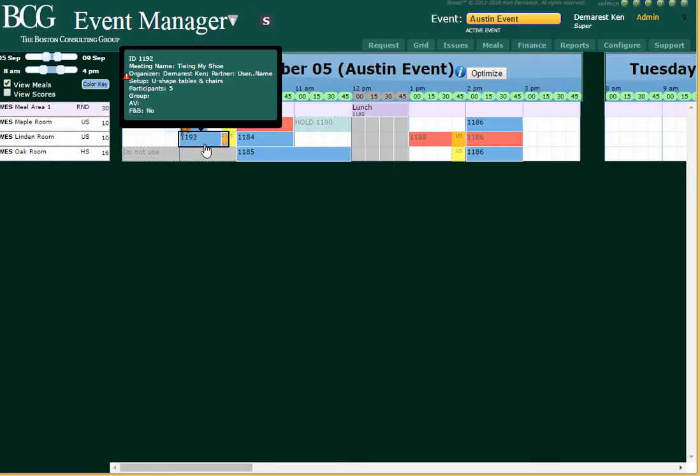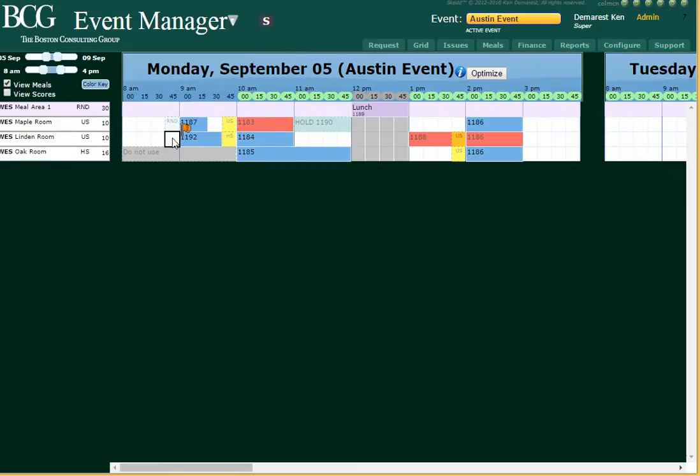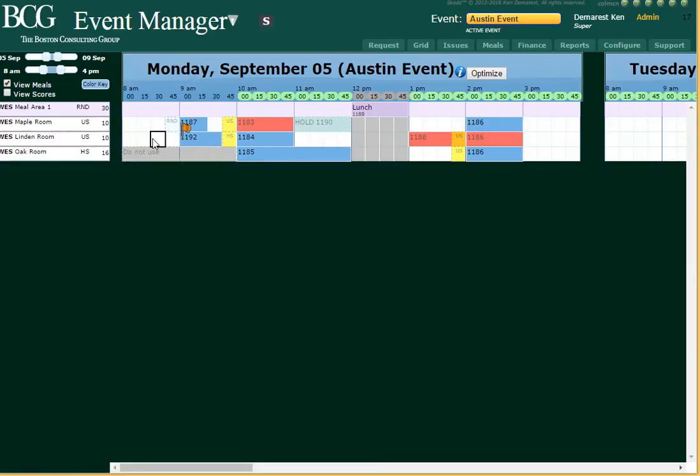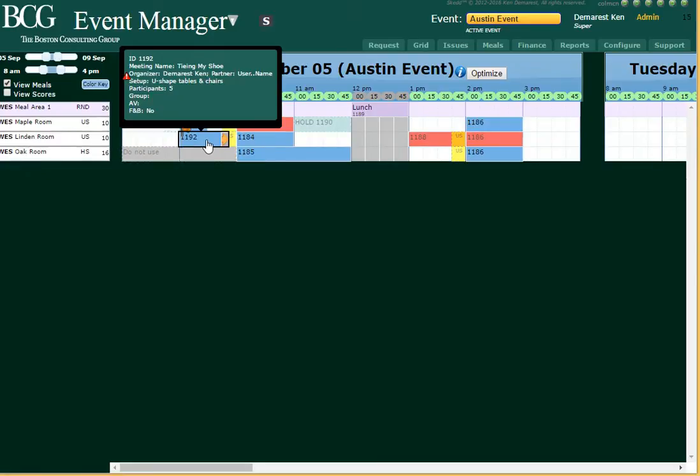You'll note that 1192 doesn't seem to require any lead time. That's because in the Linden room, the default room setup is U-shaped tables and chairs. And this meeting also uses U-shaped tables and chairs. Therefore, no lead time is required. If I change that,